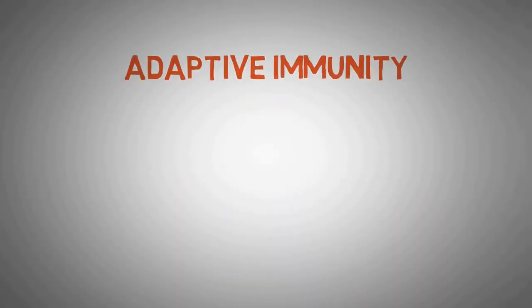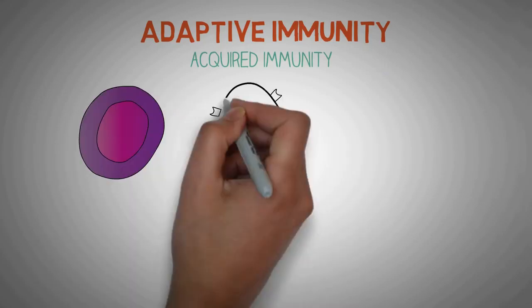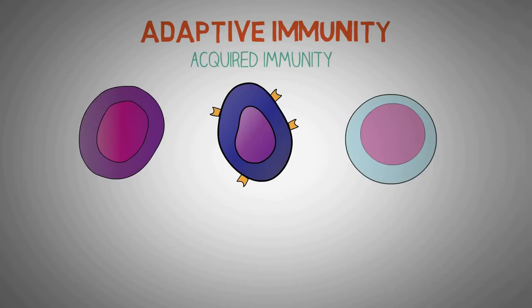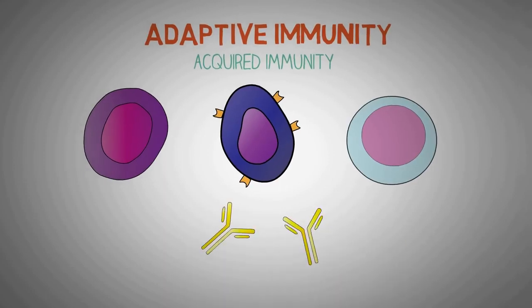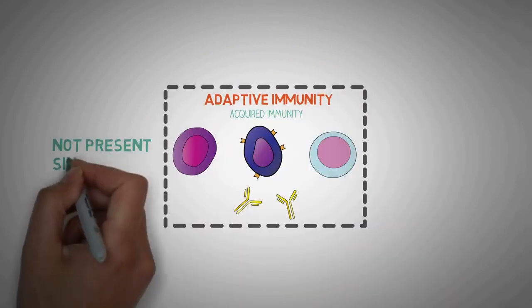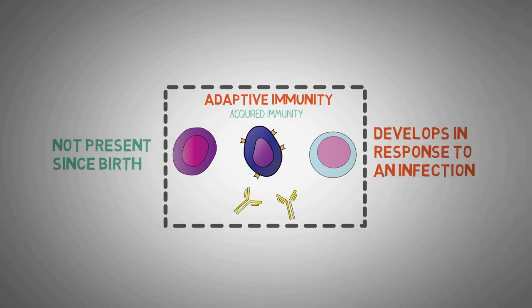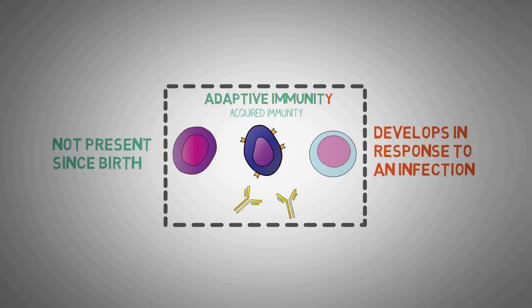So this was about the innate immune system, the type of immunity that is present since birth. It is non-specific and comparatively weaker as compared to our third line of defense, that is the adaptive immunity. The adaptive immune system, also known as the acquired immune system or more rarely the specific immune system, is composed of highly specialized systemic cells and processes that eliminate the pathogens or prevent their growth. Adaptive immunity is not present since birth, and it is created in response to exposure to a foreign substance. That is why the name adaptive immunity, as it adapts accordingly to the type of threats that we are exposed to.